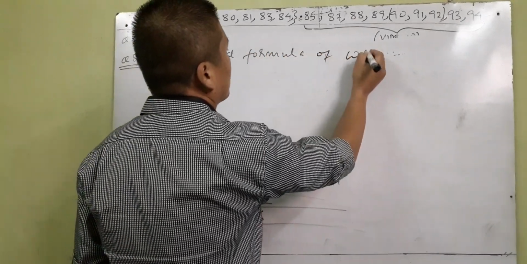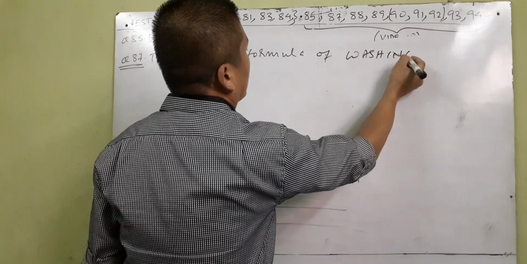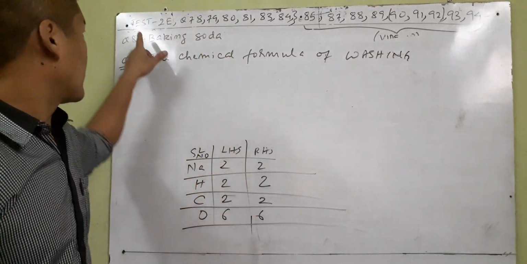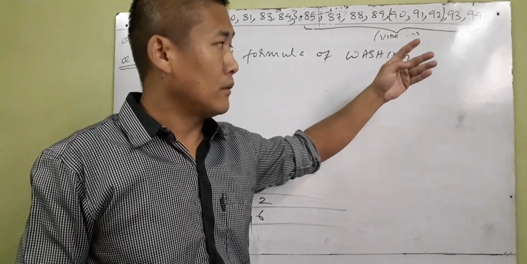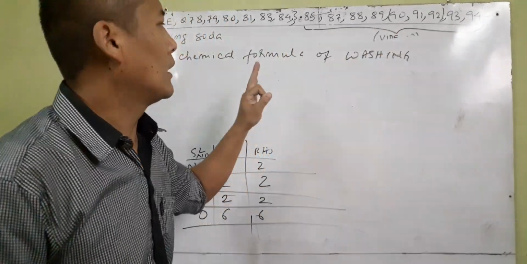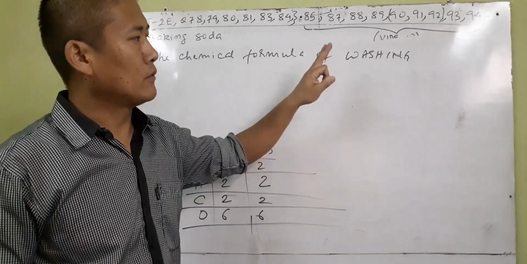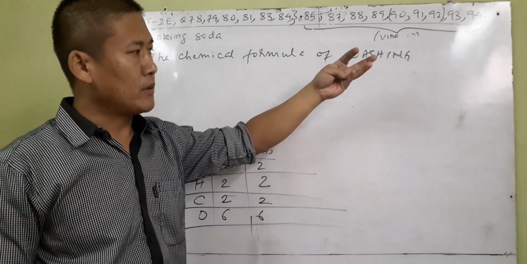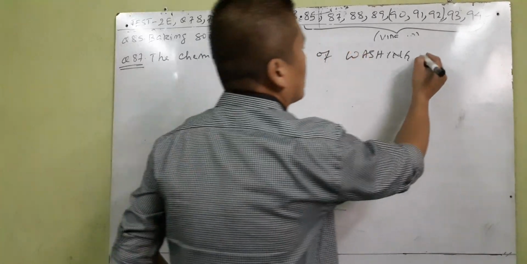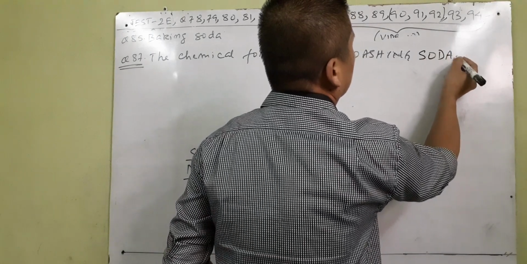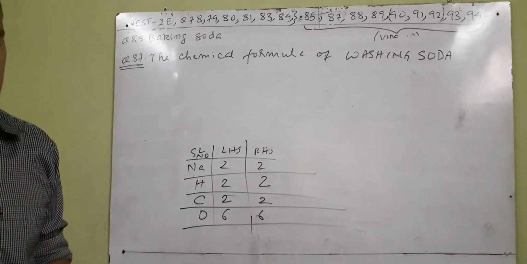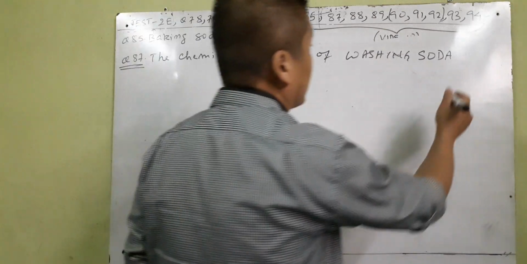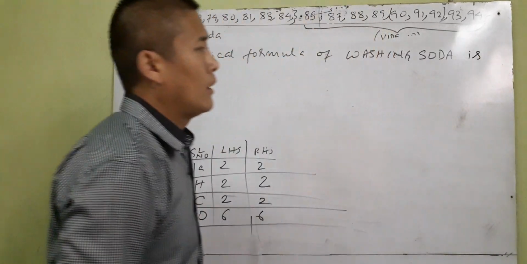The chemical formula of washing soda. We have discussed in this section 2E sodium hydroxide. Then we have gone to baking soda, the third important compound. We are studying the important industrial compounds. Then this one, washing soda. Sodium hydroxide, baking soda, washing soda. So this washing soda is the substance used in making detergents, for washing purposes mainly. It is also used for other purposes like in the glass industry, but the main use is for washing purposes